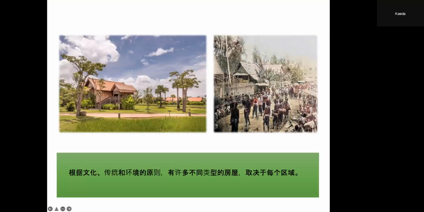The Khmer house also shows the status and position of people in society. As you see in the picture, the top shows the house of normal people, meaning residents in a normal house, which is different from some houses which are nice and built for high-ranking people, with duty and high position in the society.